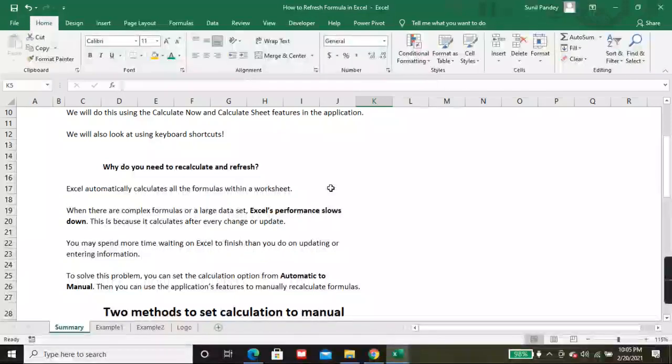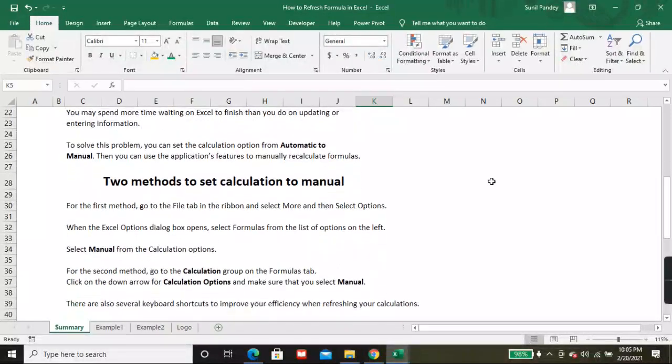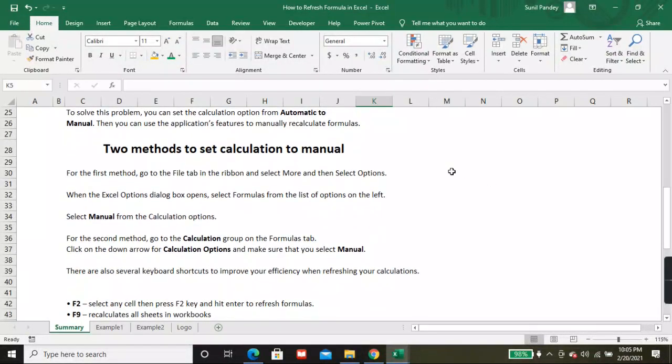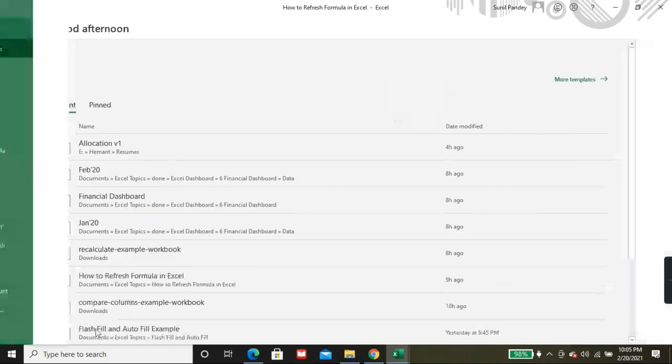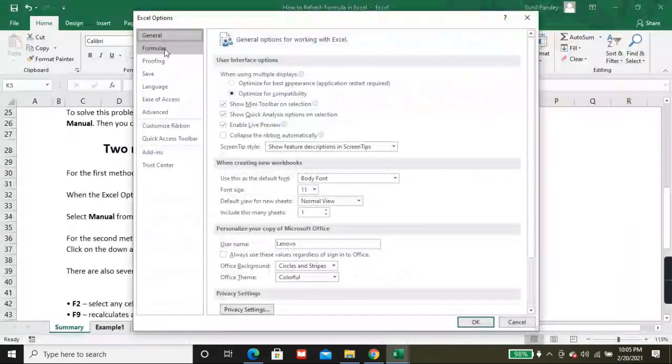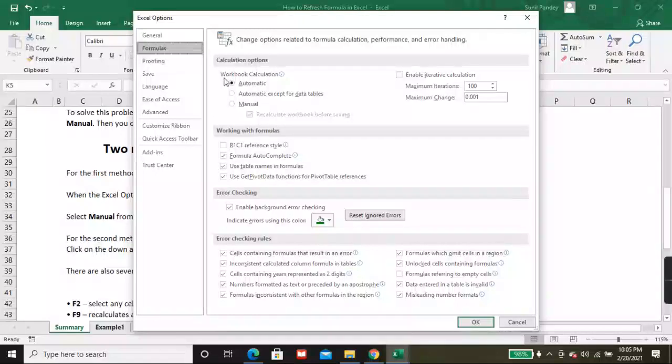There are two methods to set calculation to manual. For the first method, go to the File tab, click on More options, and here is Formulas.